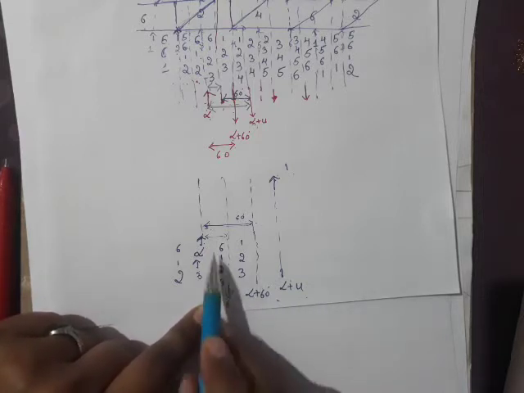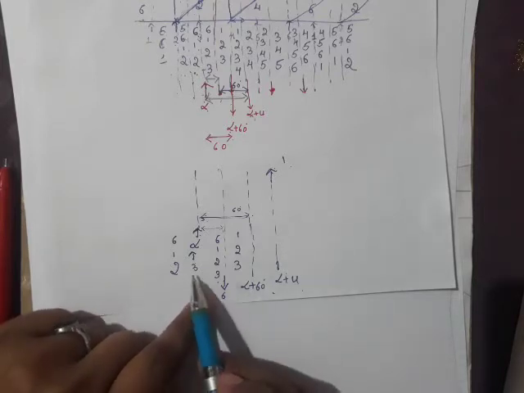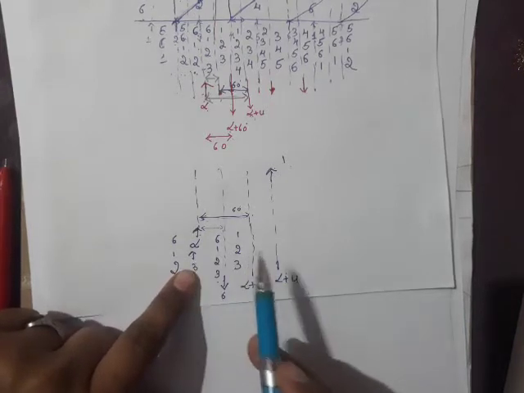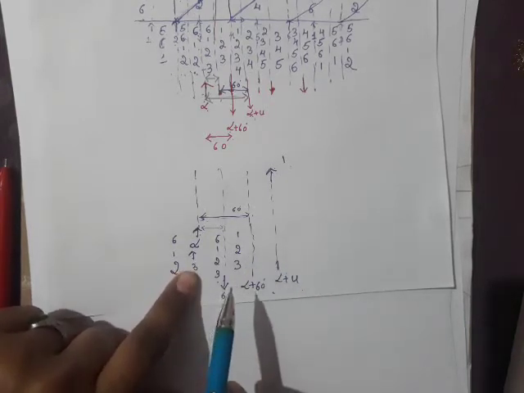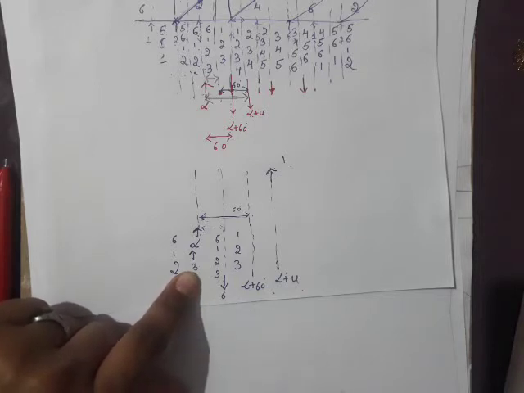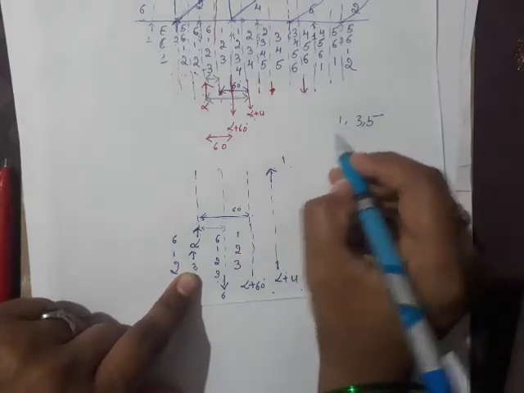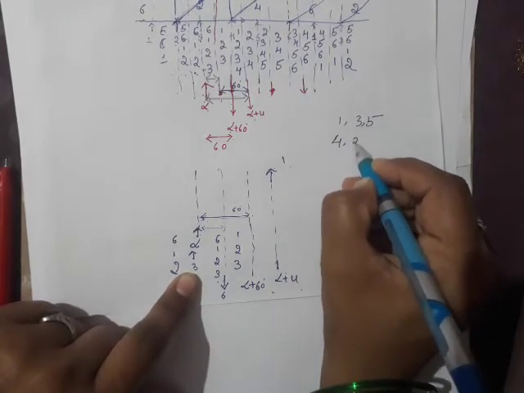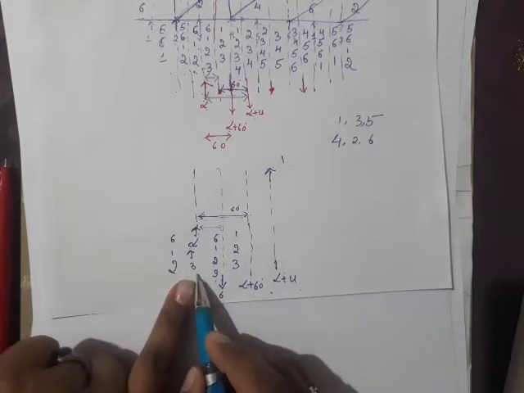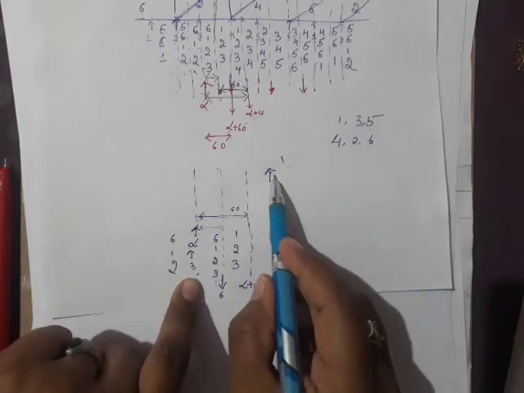If upper limb valve comes into conduction, it means an upper limb valve has to go out of conduction. See, here upper limb valve is coming into conduction. At that point, another upper limb valve has to go out of conduction. We should not consider if lower limb valve goes out of conduction. Okay. So 1, 3, 5 are upper limb valves. 4, 2, 6 were lower limb valves. So when upper limb valve comes into conduction, upper limb valve should go out of conduction, but it is going out of conduction here.